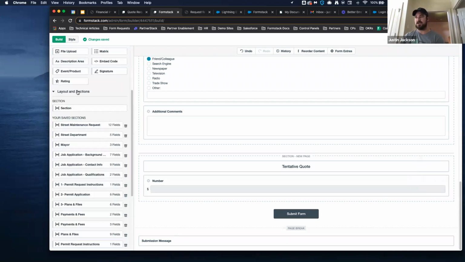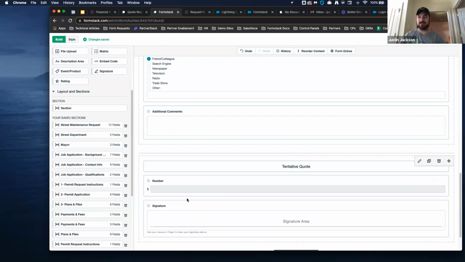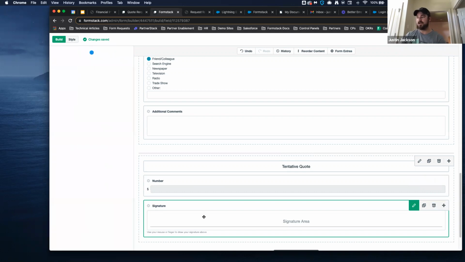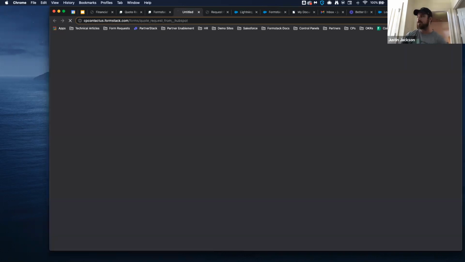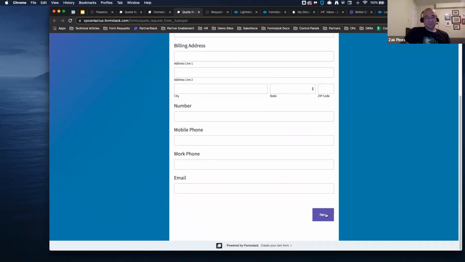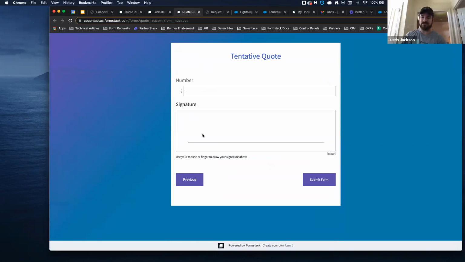If I were to bring a new field in, let's say we want to have somebody sign off on this as well while they're signing off on this quote. They'd be able to come here, sign directly on the form, and then it automatically updates. So if I were to go back to the live form here, jump back over to the last page, it didn't have a signature, but now it does. So it happens instantaneously for you to be able to make those edits to your ways of collecting data, which from there,